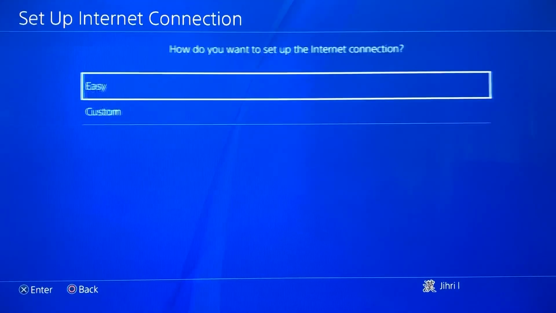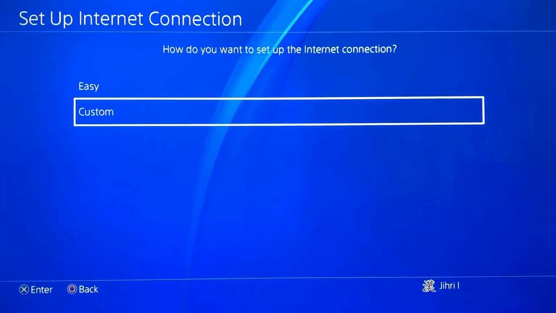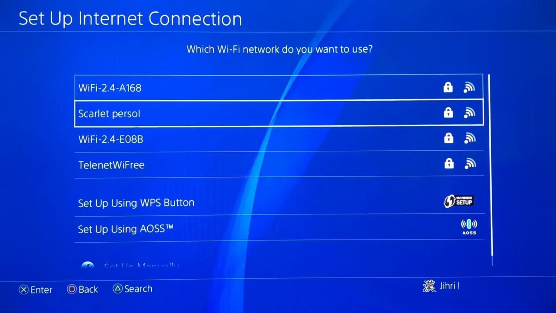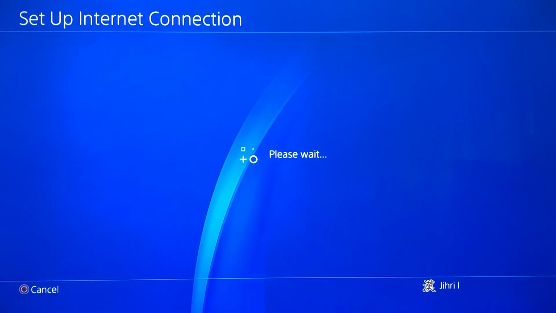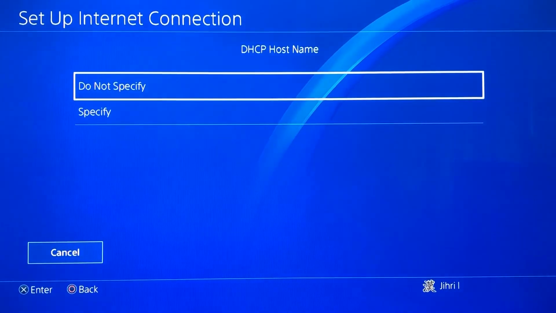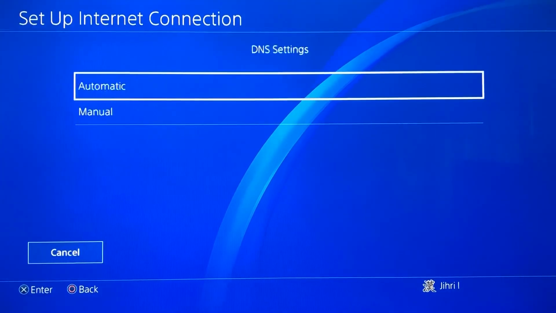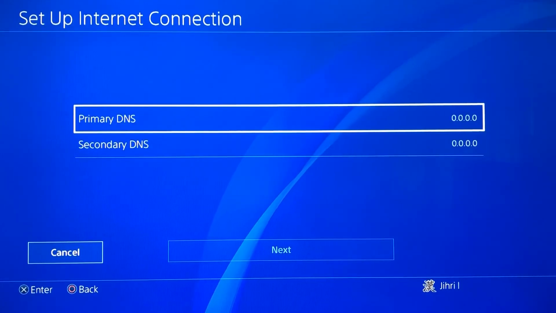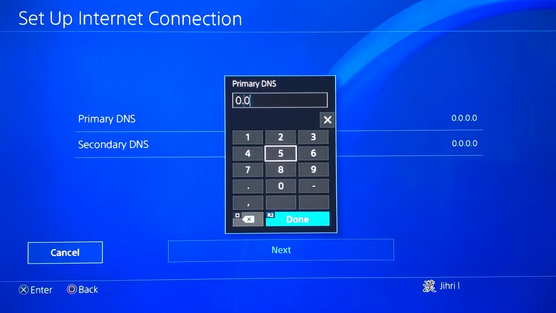For example, let's do Wi-Fi and now go to custom. On here, choose your internet connection. Now do automatic on IP address settings. On hostname, do not specify. DNS settings, you want to do manual. Like you see, if you never used a DNS code before, you will get 0.0.0.0 and things like that. So what we want to change it to is